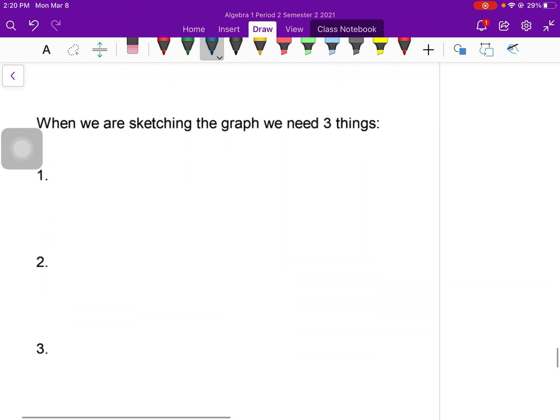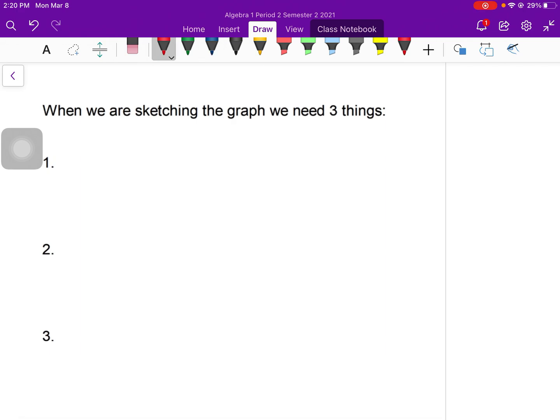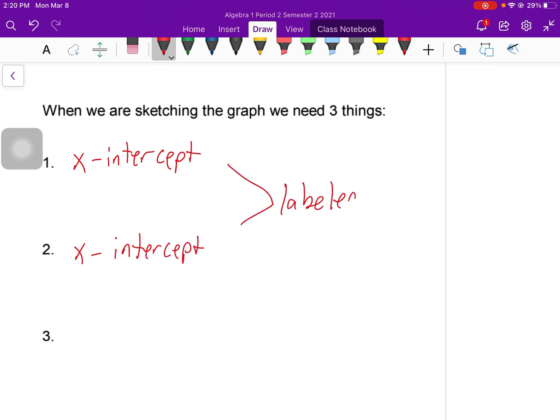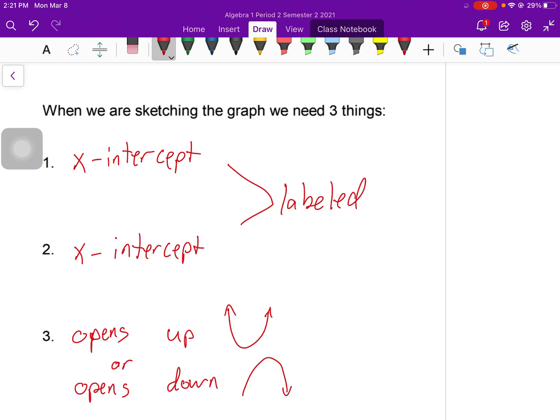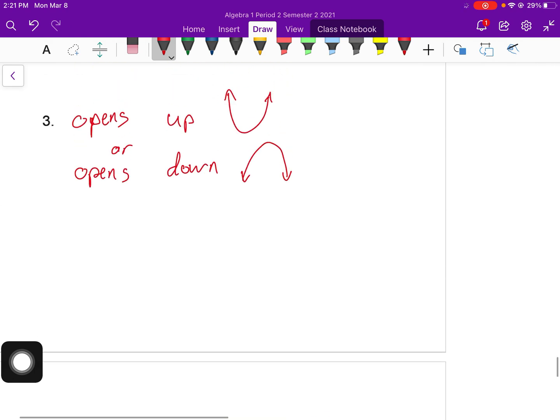All right, so when we're sketching the graph, we need 3 things. 2 of them are the same. So we need an x-intercept. We need another x-intercept. Both of these things should be labeled on your graph. And then we need a direction. So opens up like this, or opens down like this. Now, our examples, we didn't have any opening down, but let's go back and look at one real quick